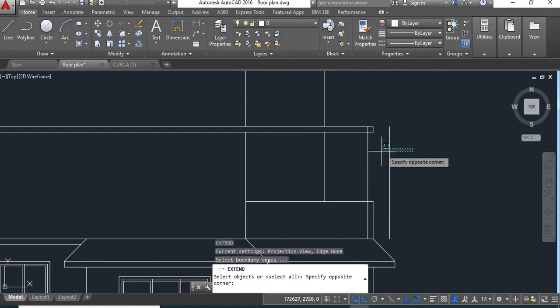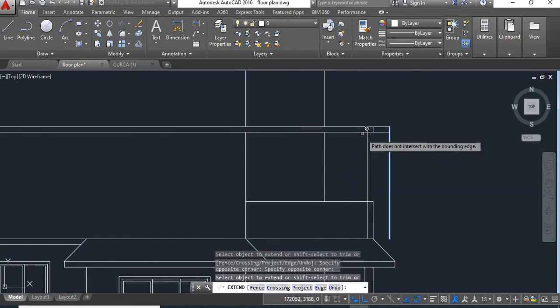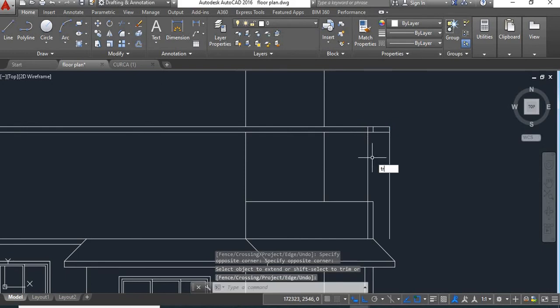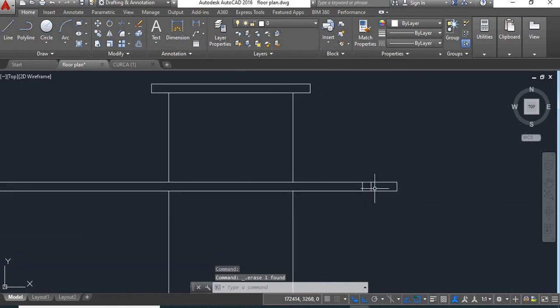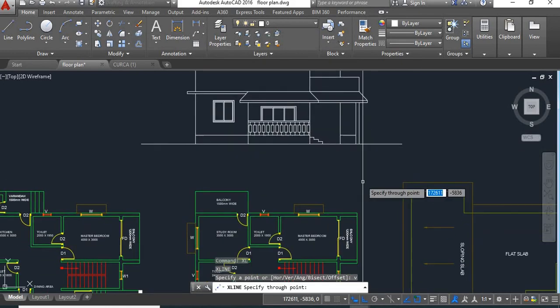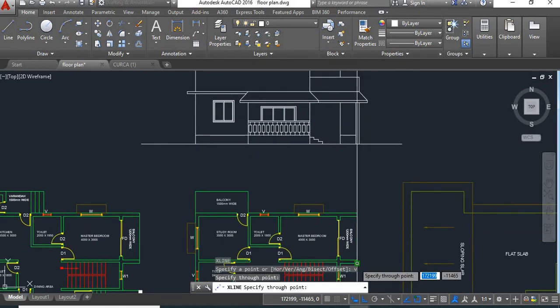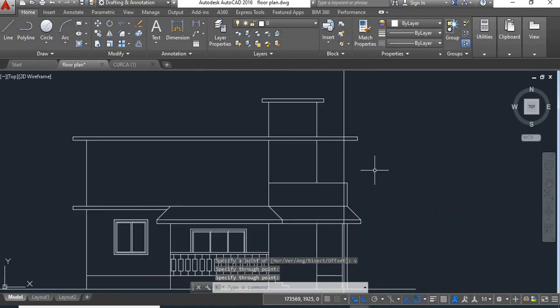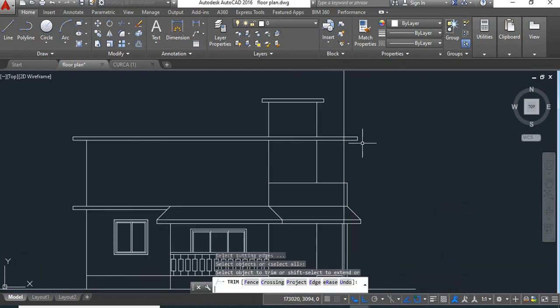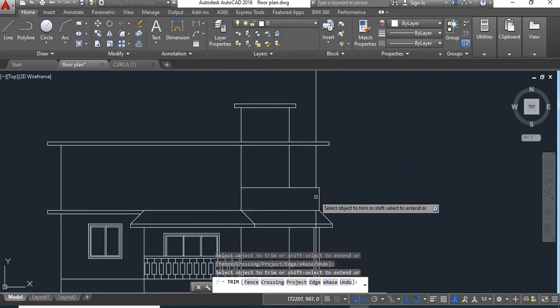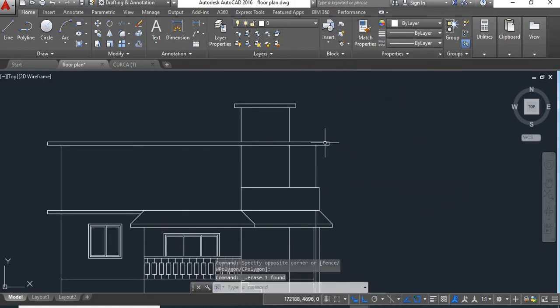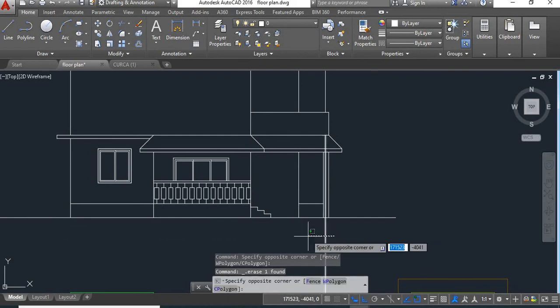Extend these lines and trim this. Trim this also. We'll have to show this wall of this balcony. Now trim this line and this line that we can see, and delete this and delete this.